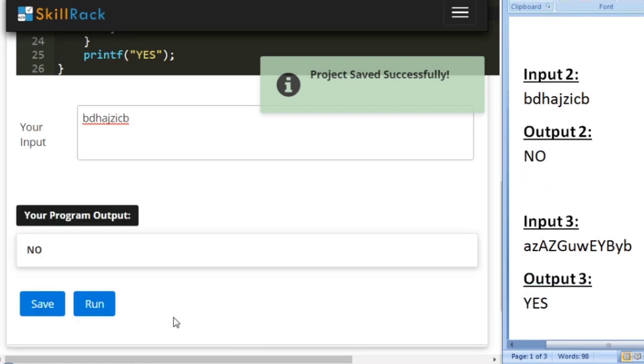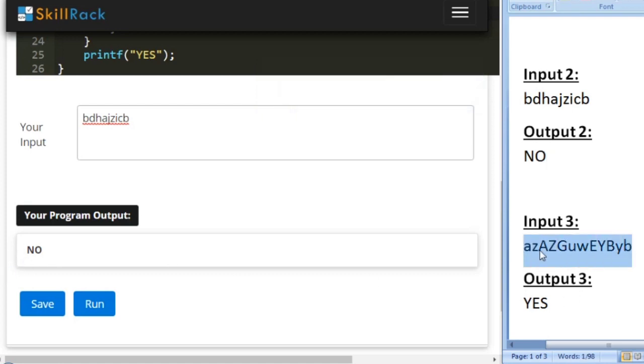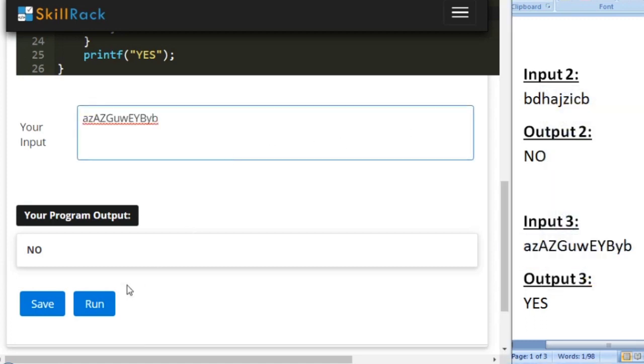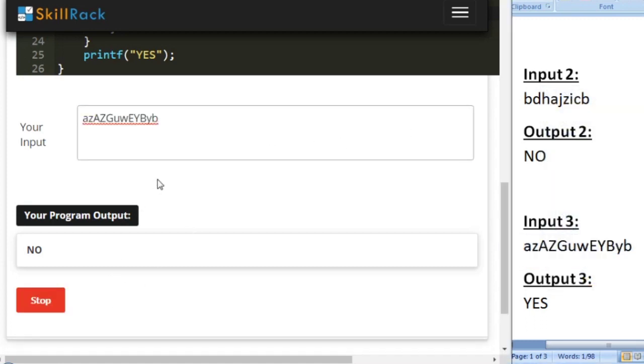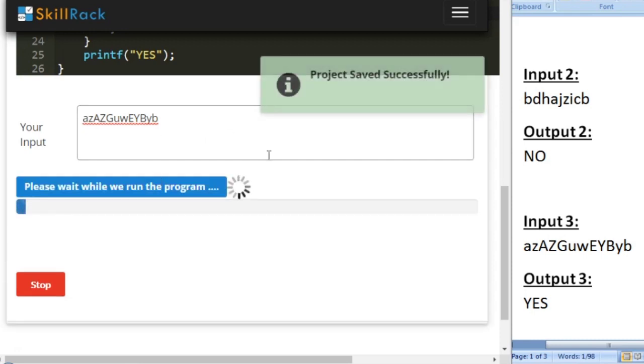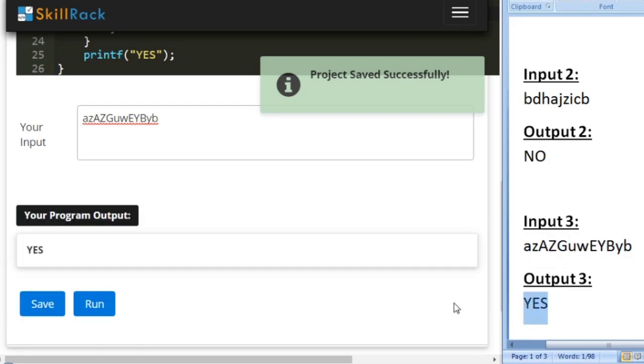So we are also getting no as our output. So the final test case, for this our expected output is yes, and we are also getting yes.